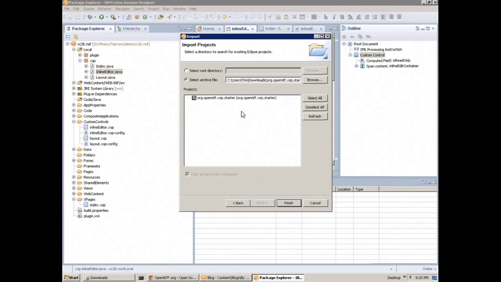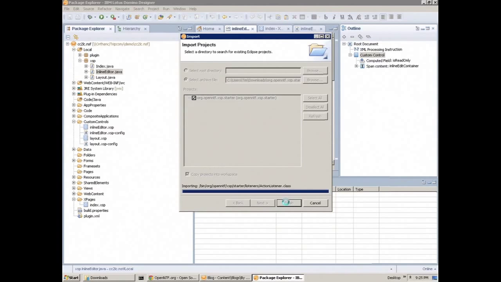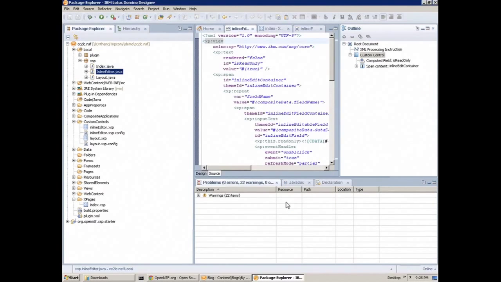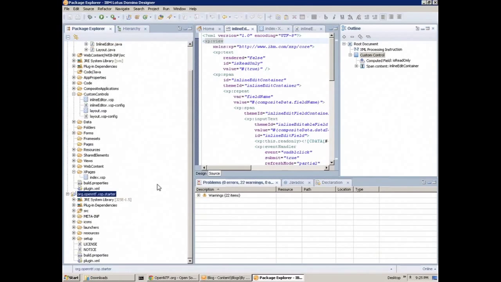Sometimes when you're downloading exported projects from the web, you may find a jar file that actually contains numerous projects. In this case, it only contains one. So we'll just select that and click Finish. And now I see that I have a new project in Eclipse. So now what we need to do, because this project is inherently an OSGI component library that we can install into Domino, but also into Designer,